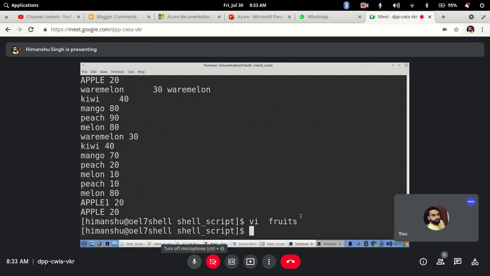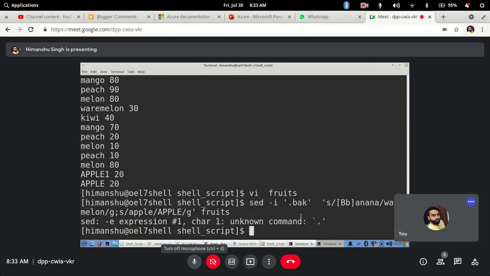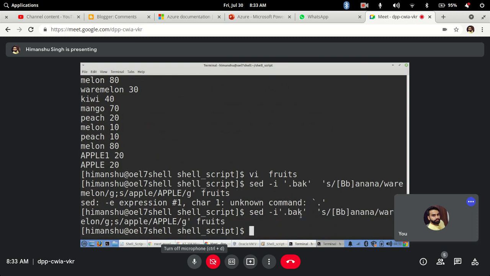Now, also with the hyphen i option that we have used, you can take a backup of that file before making any changes. Let's say I will take a backup with the extension .bak of the file. If I run it like this, sorry, I have given a space.